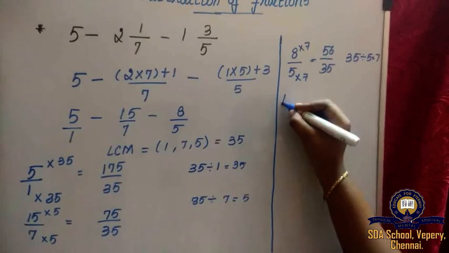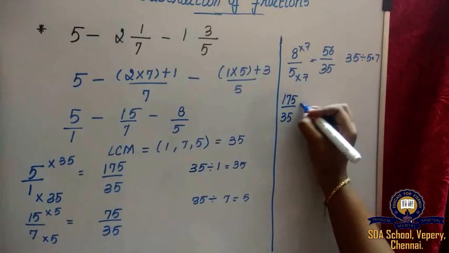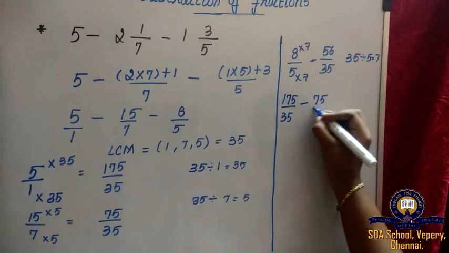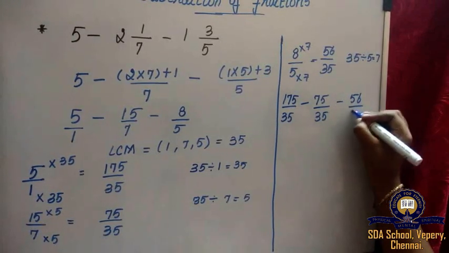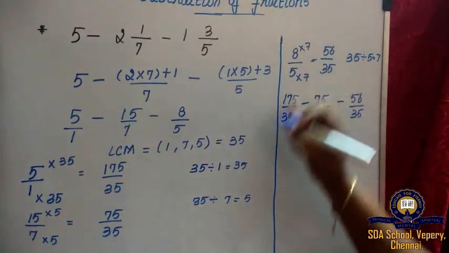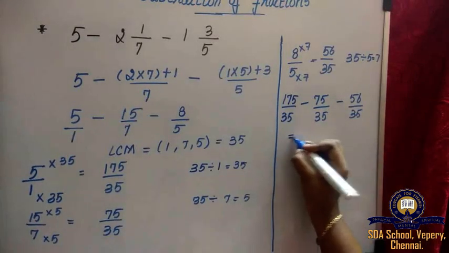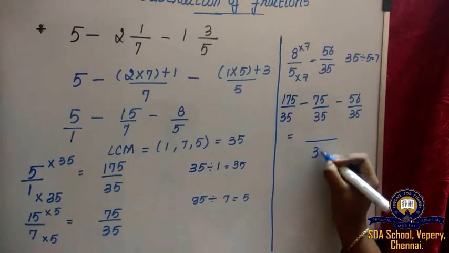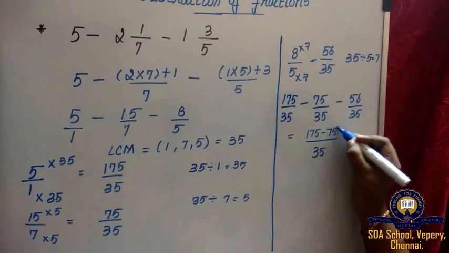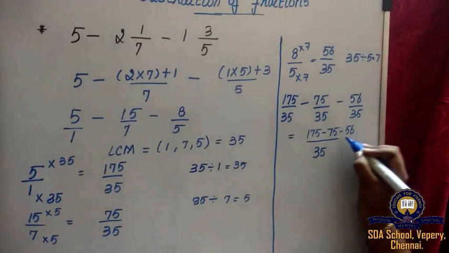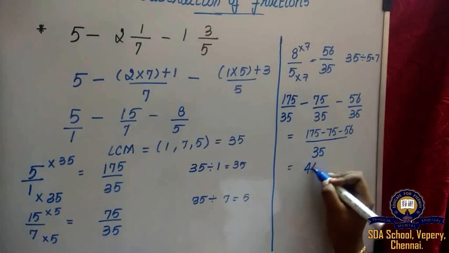So 175 by 35 minus 75 by 35 minus 56 by 35. So when you look here, we have converted all into like fractions. So the denominator is 35. So 175 minus 75 minus 56 will give you 44 by